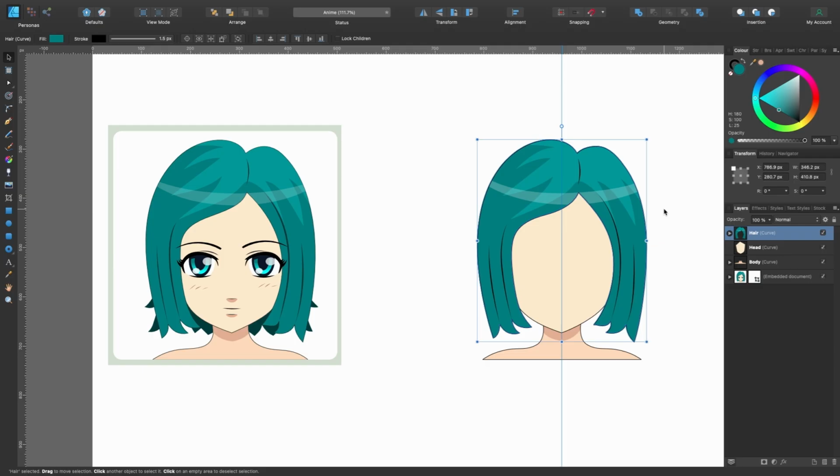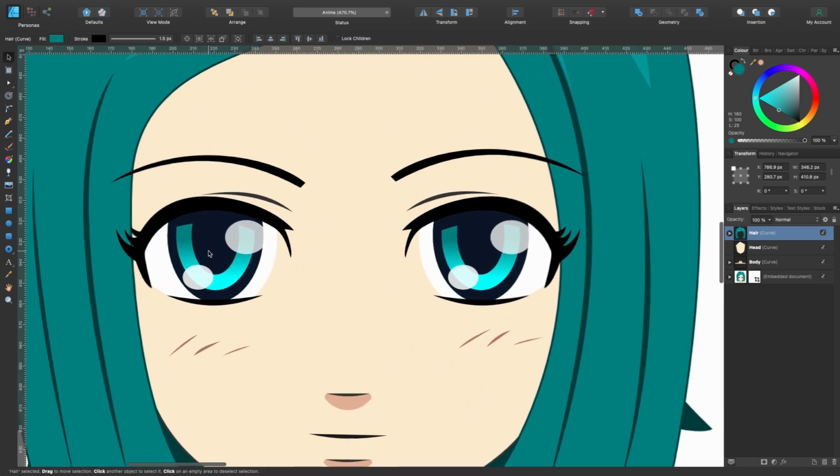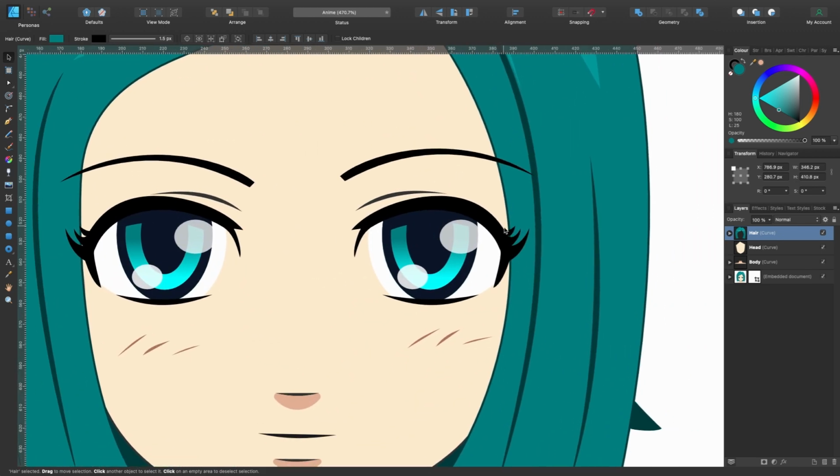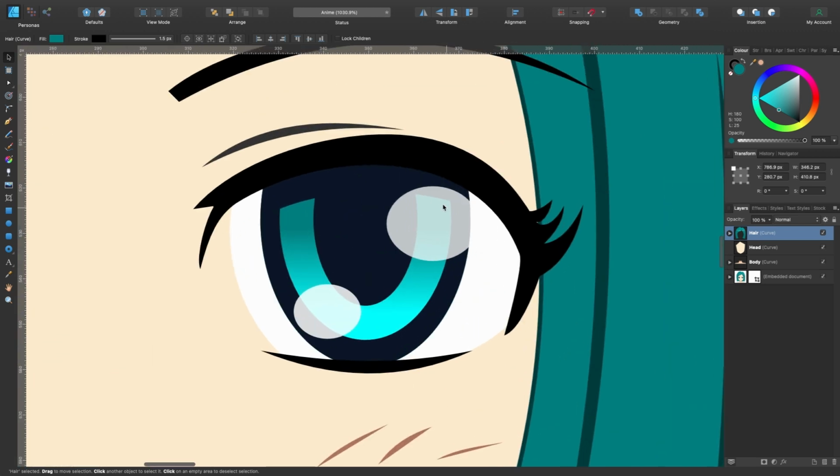Okay, moving on to the more interesting part, which is the eyes. So let's have a look at them. So the first thing I'm going to create is this top half here, this top section, like the eyelash, and then I'll create the whites of the eyes. And just having a look at this kind of eye area and the iris and the reflection, I can see that this shape here is containing all of these other shapes because it's kind of cutting off here. So this is clipped inside of that main shape. So that's what we're going to do.